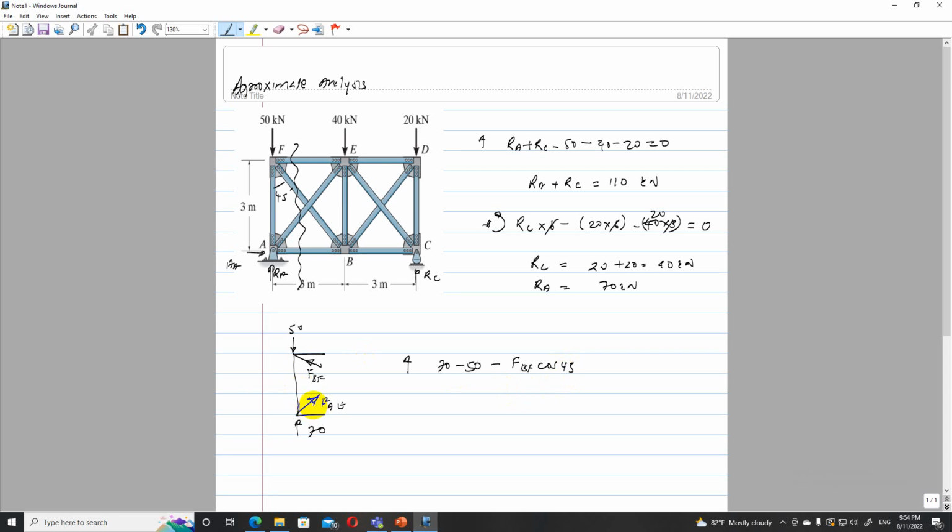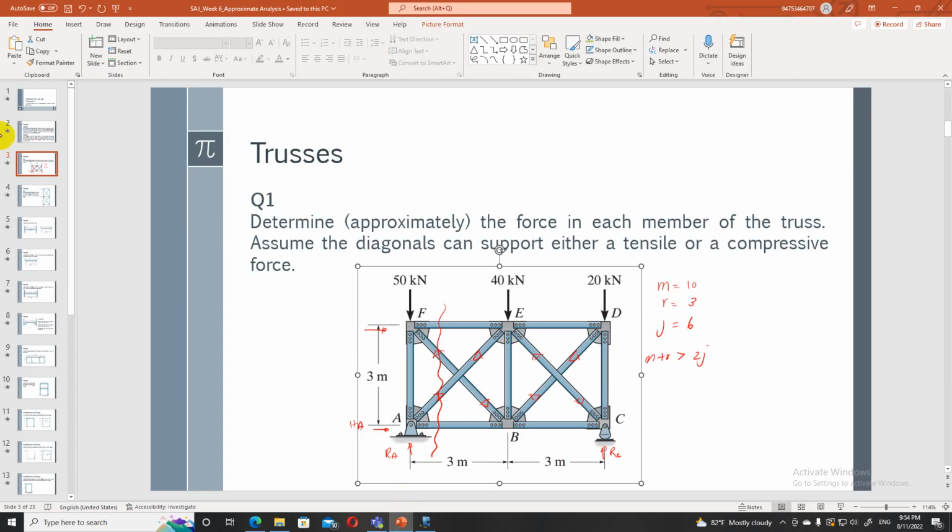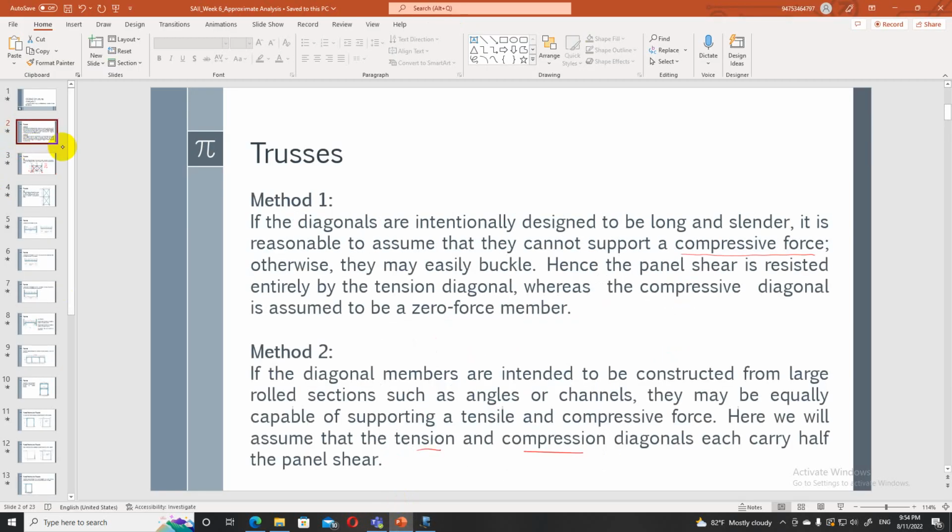Then this component is under tension and it will have a vertical component and a horizontal component, and that vertical component also FAE cos 45 is 0, because it should be in equilibrium. If a structure is in equilibrium, a part of the structure is in equilibrium. Now there are two unknowns, FBF and FAE, but this is where method 2 comes into play, where we assume,